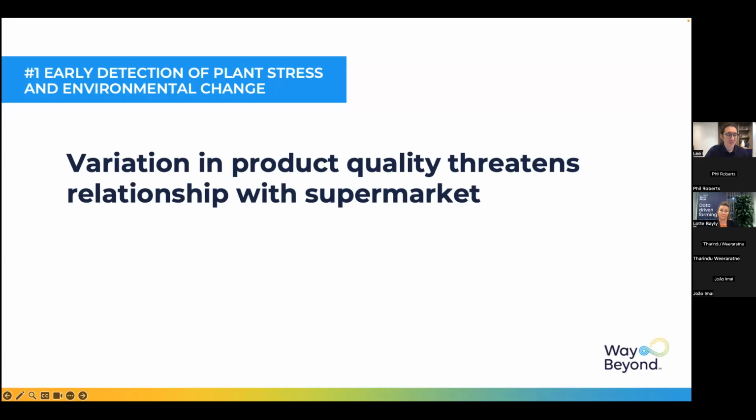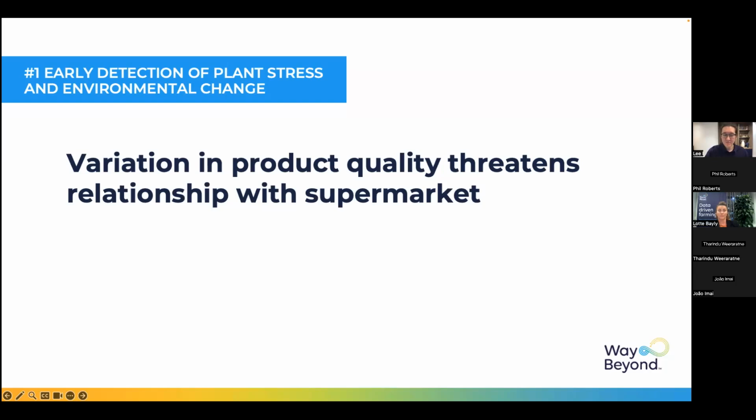In our next example, we're going to look at a grower whose quality was declining and the supermarket that he was supplying to was complaining. Plant stress and varying environmental conditions also impact the consistency in production quality. Having a clear overall picture of the growing environment and its microclimates enable growers to better manage the challenges with